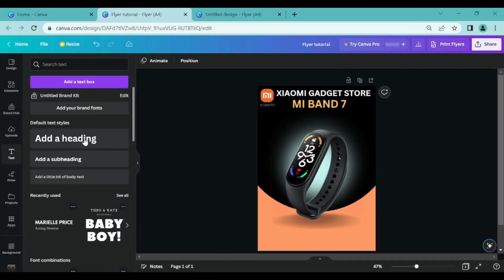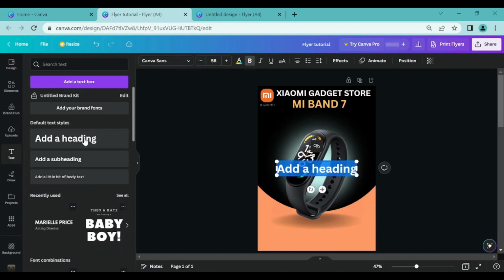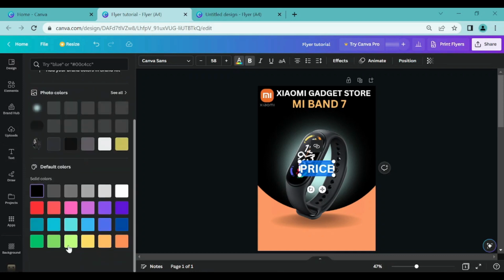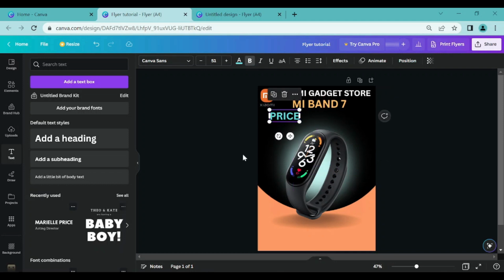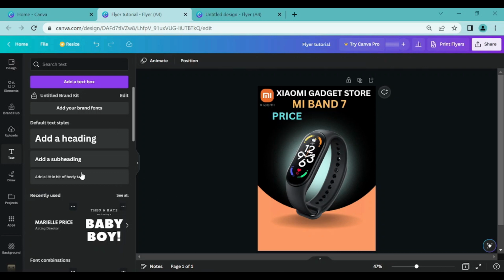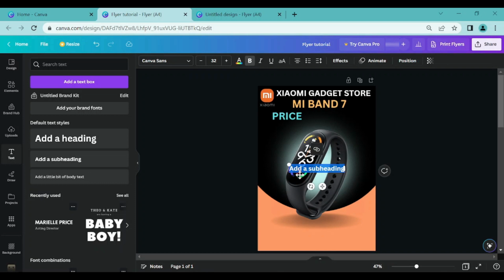Now I'm gonna add again a heading, and this time I'm gonna write price, select, and change the color. If you want to change the font, it is also fine. Alright, and this time I'm gonna add a subheading. So in Indonesia, I think the watch price is around 700,000. So let me just